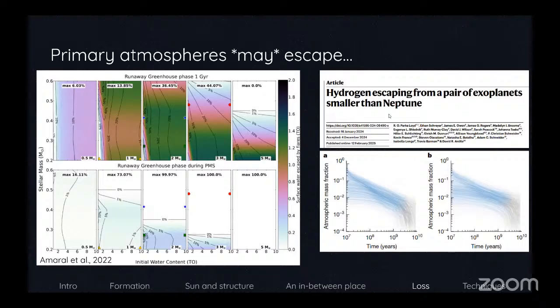And the right one here is a recent paper by Park Lloyd, who was a graduate student here until recently, where they believe they have observed this hydrogen flowing out from some super Earth planets, so smaller than Neptune but bigger than Earth, in another star system. And the plots in that paper are a little bit complicated and not as easy to read immediately. So I'm showing you here their modeling results where they use the data to constrain a model of atmospheric escape, showing that as time progresses forward, the atmospheric mass of these planets is decreasing. So they use this to argue that these planets are losing their initial hydrogen envelopes.